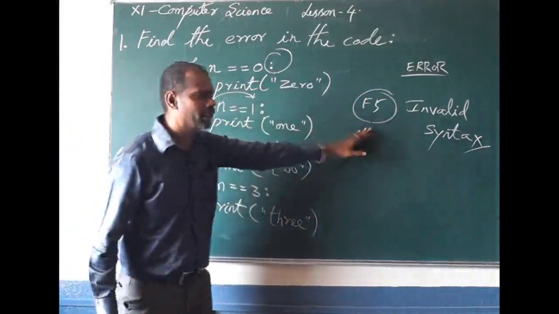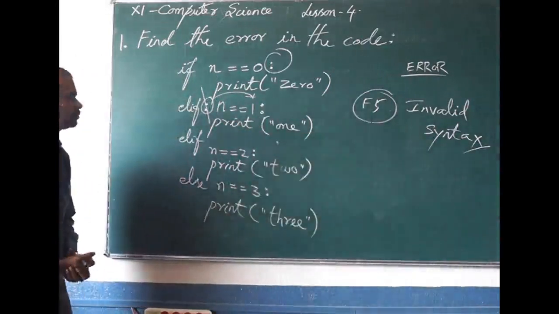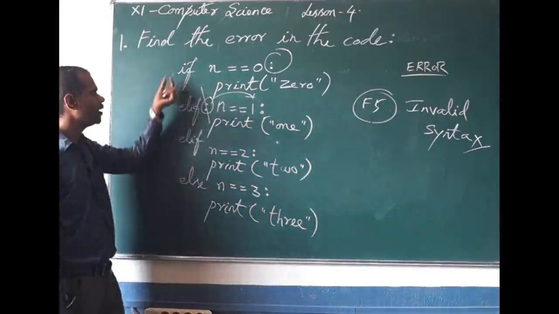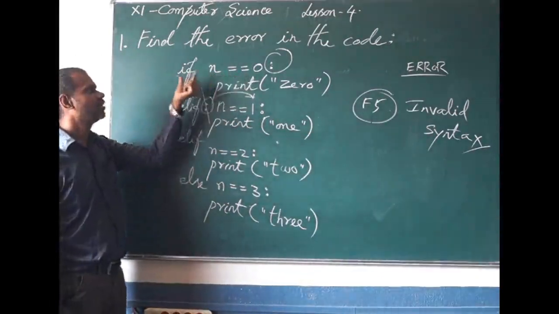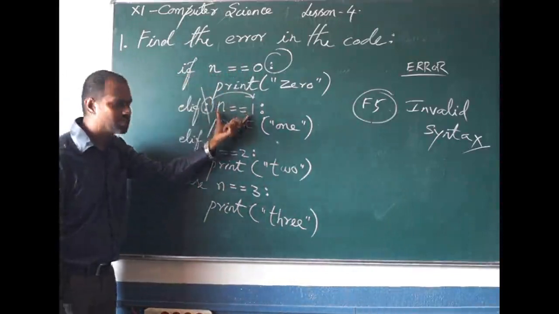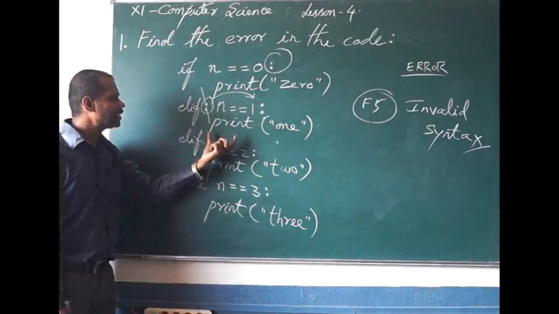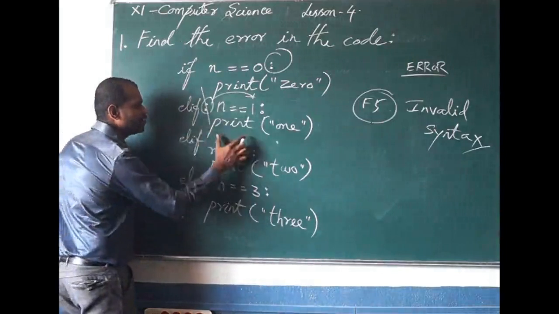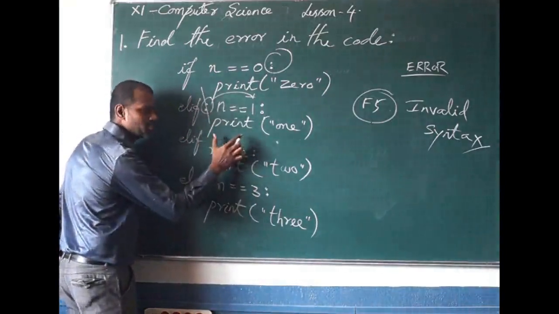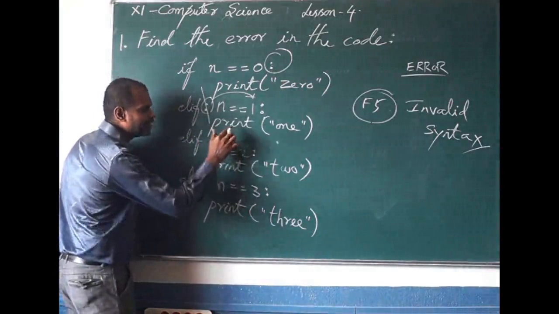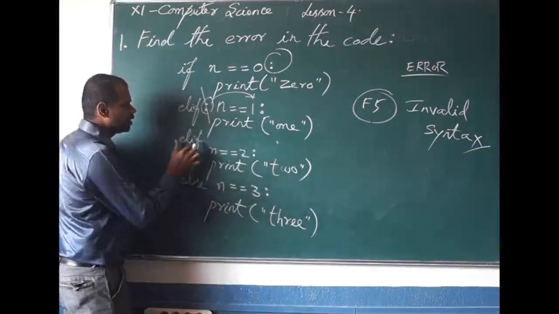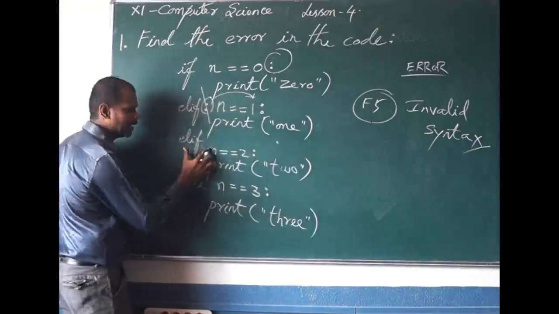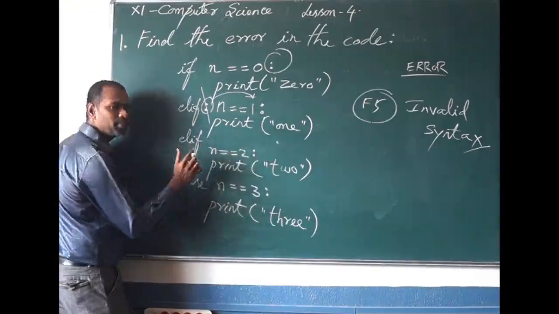Then once again we press F5. Will it throw an error or not? Yes, once again it will throw an error. Do you know why? The first time you give a condition, you have to give if. The second time, you have to give elif. The third time, here also you have to give elif. That is okay. But after elif, what should come? The condition should come, but you are writing the condition on the next line. That is the error. Elif and the condition should appear on the same line.